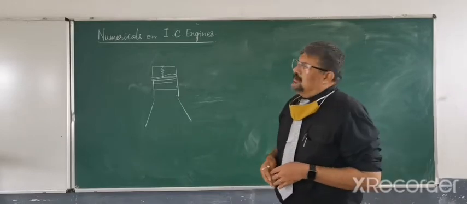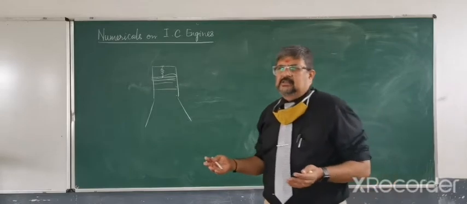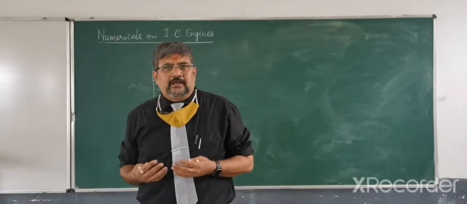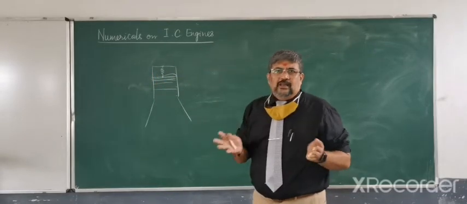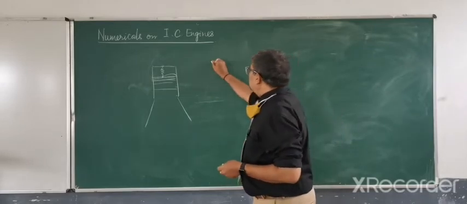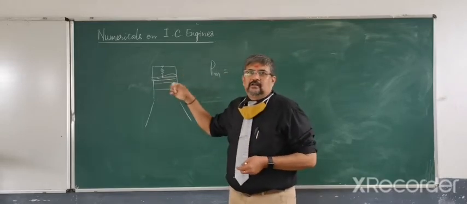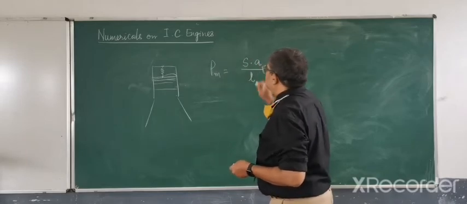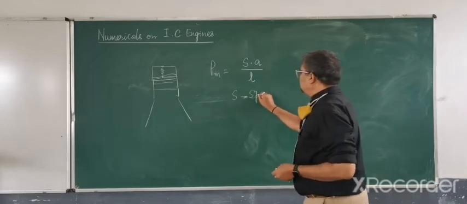Okay. Now there is also something called the area of the indicator diagram. There is an entire graph which can be plotted. So once you plot that graph, the methodology, I will only tell you the expression which is normally used to find out the mean effective pressure. So mean effective pressure, if you are using this kind of an arrangement, will be S into A divided by L. Okay. So where S is the spring constant,